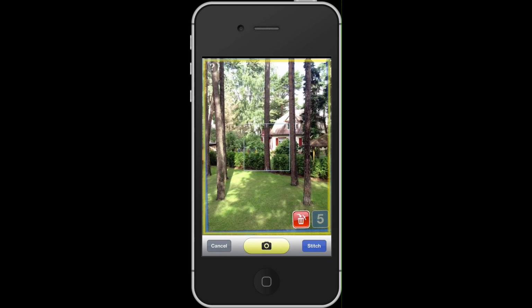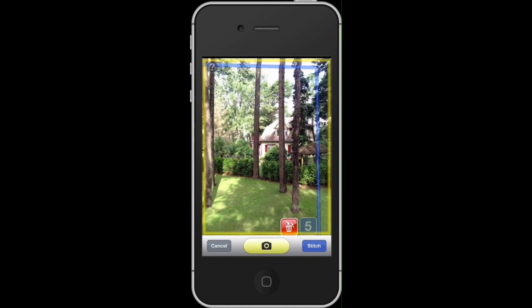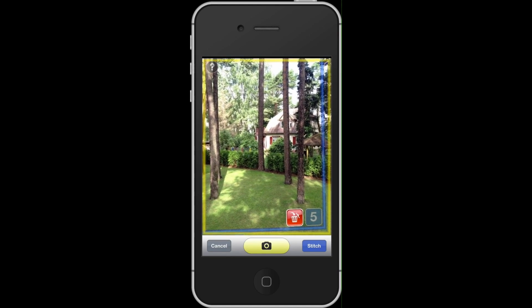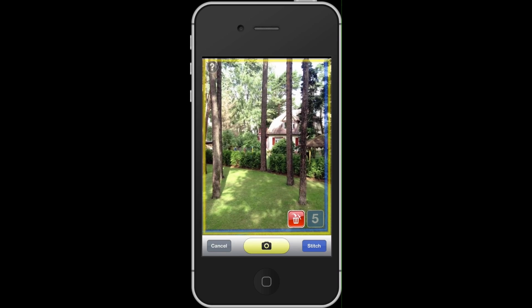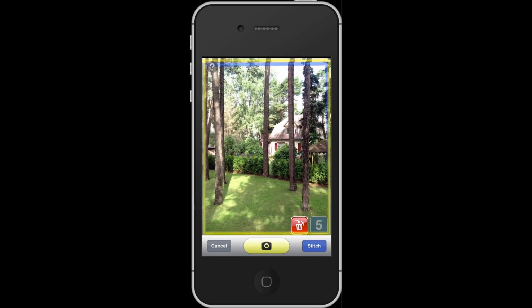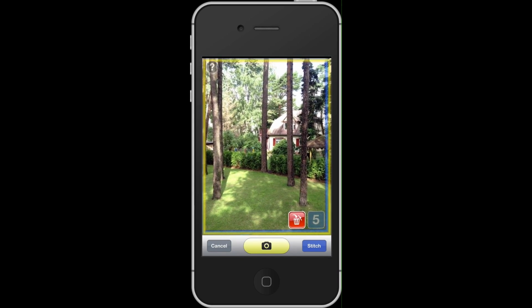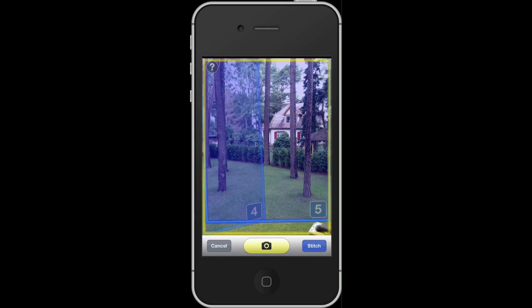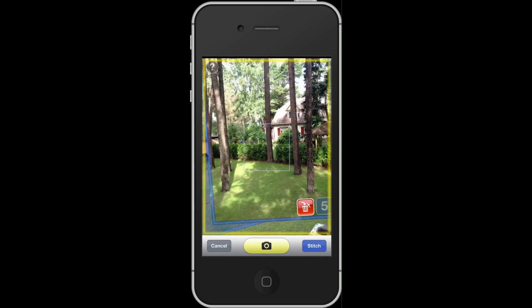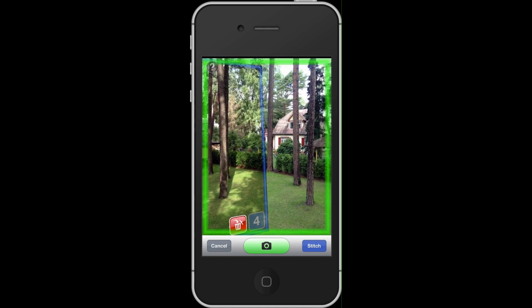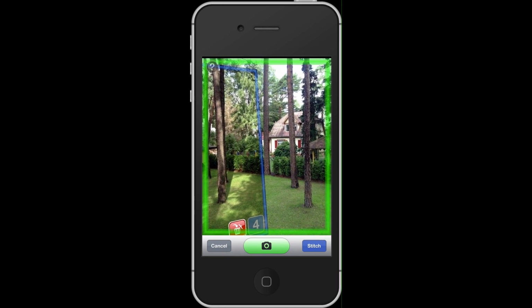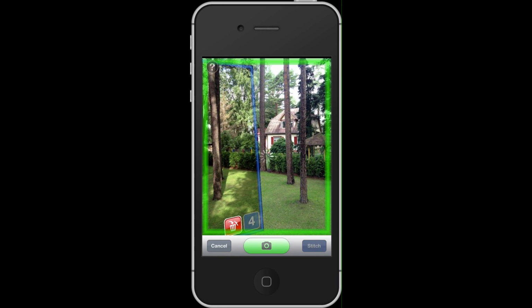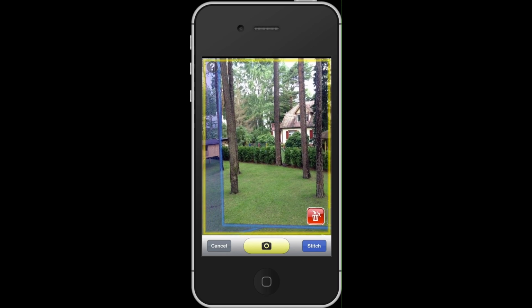And if for whatever reason you want to delete an image, you can do that too. For example here, I feel that the top of the house is kind of overexposed. You can see the blown out areas on the roof. So I don't really like that. So I'll actually go ahead and delete image 5, and I'll try to take it once again, just to see what it looks like now. Okay, I think this is better,